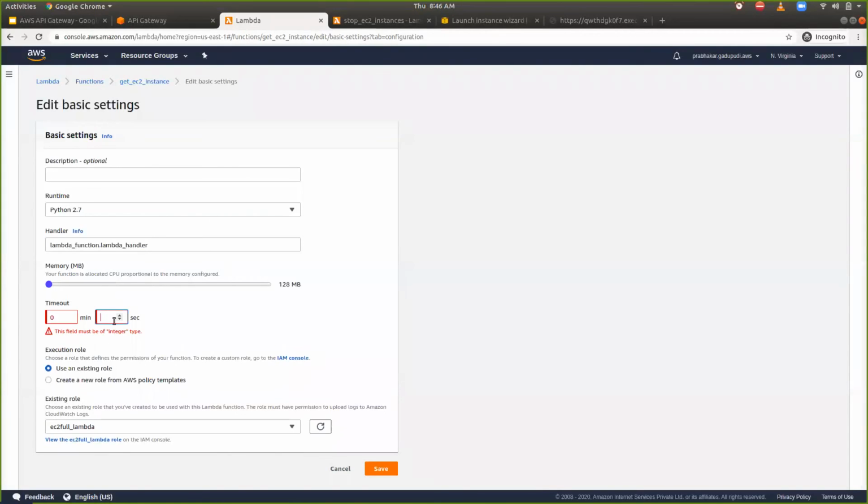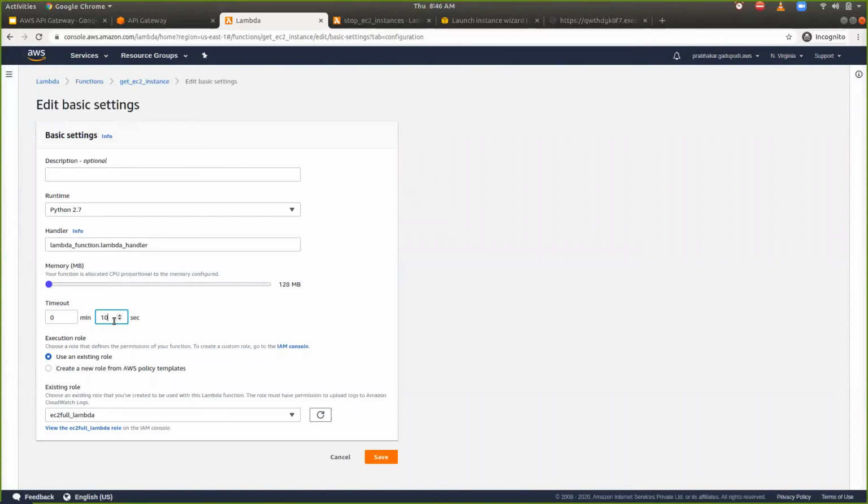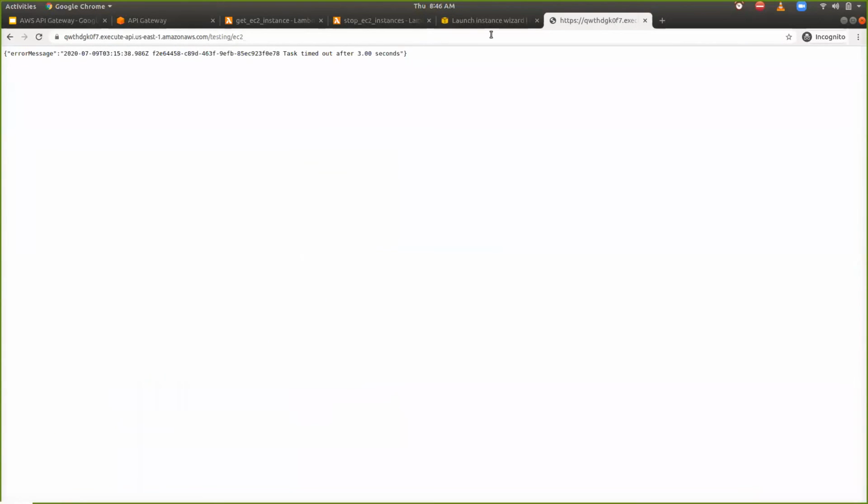So that's why it is better to make it 10, and once you connect to that, you can perform parallel operations within a fraction of a second. But for the connectivity, creating an object and getting the data, it will take some time. So that's why I'm making it 10 seconds. It is very important here. And after making that, you can go to your API again and refresh the changes.